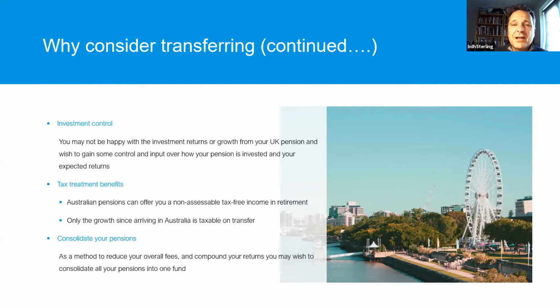Whereas if you move it across and transfer it into the Australian superannuation system, then at that point you can pull it out eventually when you qualify for retirement, tax-free. So you never really ever have to pay tax again. That's a significant advantage, as you know, and that is one of the main reasons why people do take the